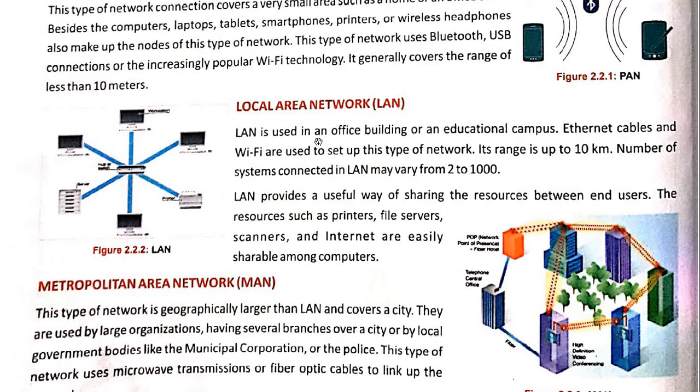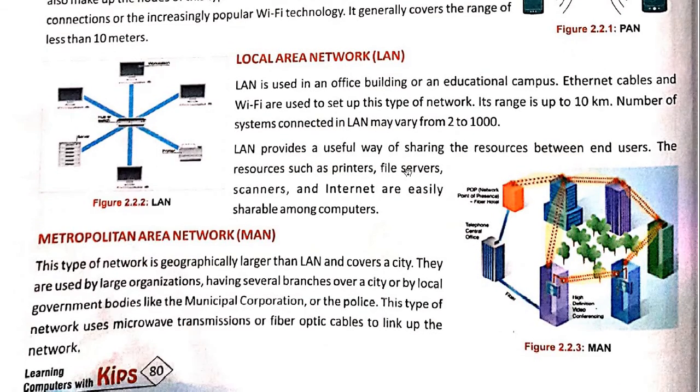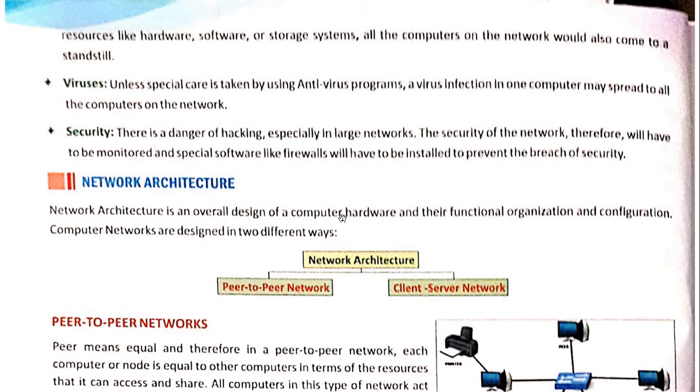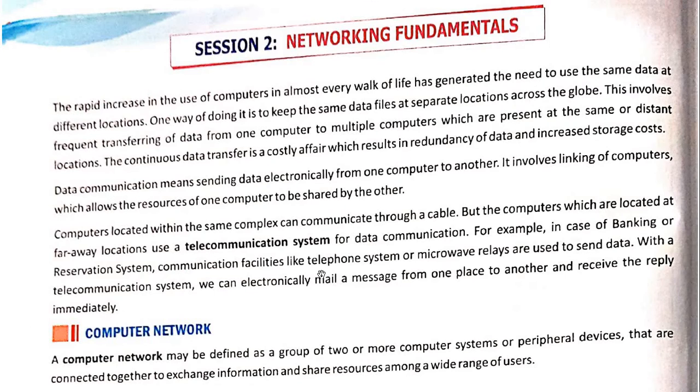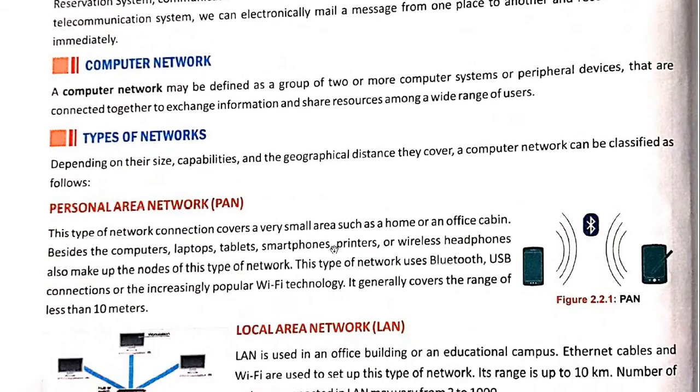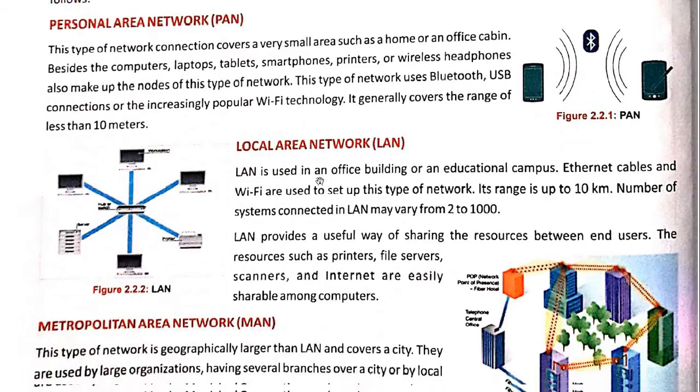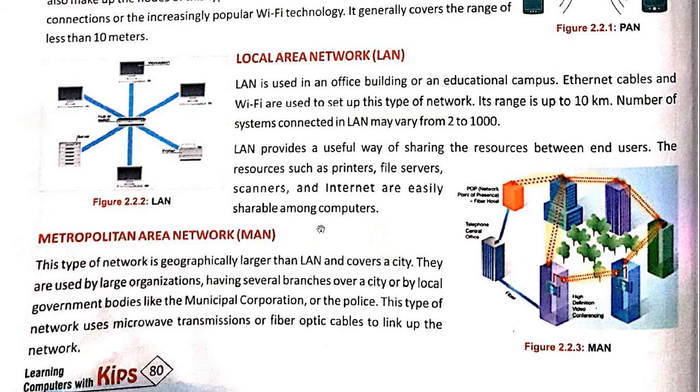And a local area network expands up to a colony or a circle, means what we say a district. It may be in a district or like that. Okay, the next one is the metropolitan area network. And a metropolitan area network is the network in which metropolitan cities, all functions are interconnected.